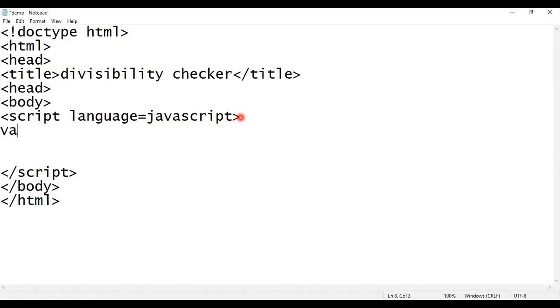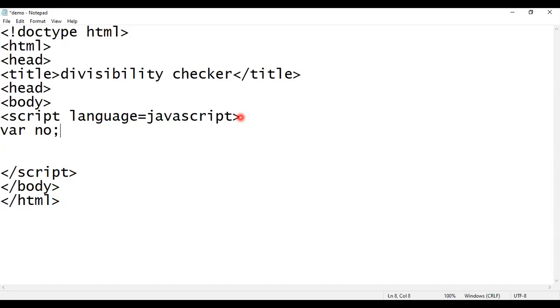For that, first of all, we have to declare a number as a variable. Here I'm using no as a number. no is a variable which is used to store a number.